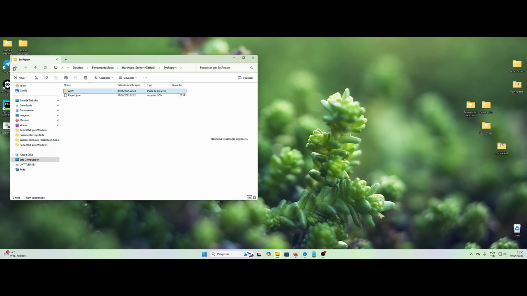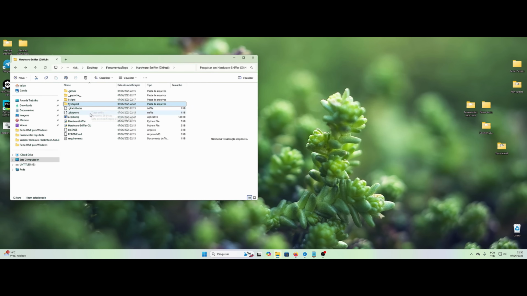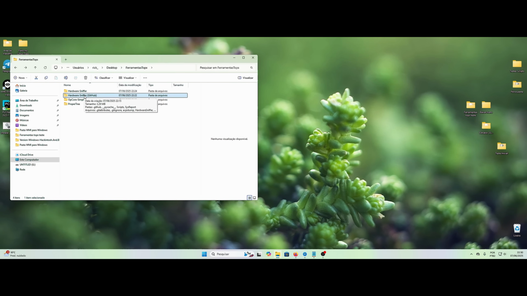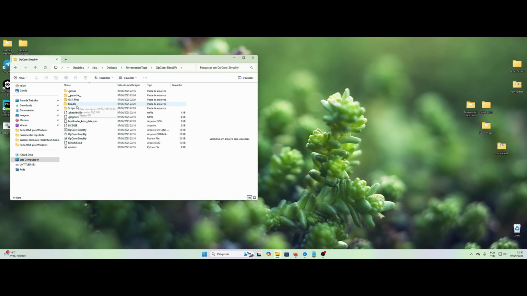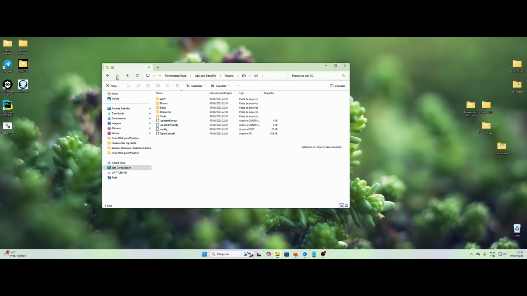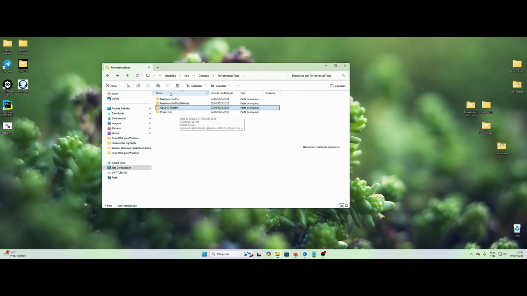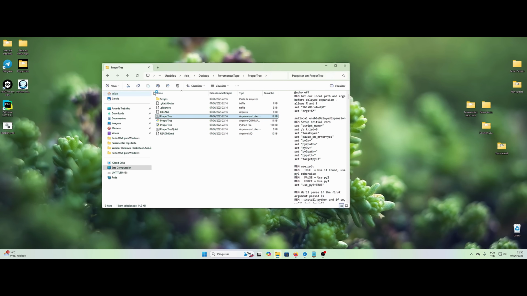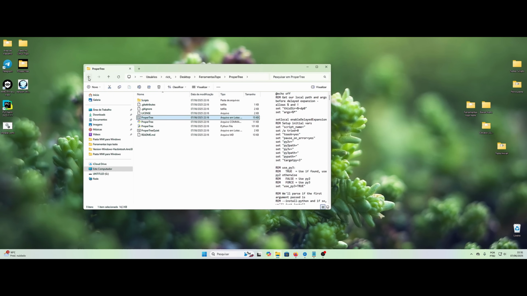Now I'm back here in the OpenCore, simply in the results folder, EFI, OC and kexts here. Now, when you have ProperTree here, for example, so you're not having to make this path all the time, it's easier for you to do it this way. Let's open Wi-Fi again in the results folder.